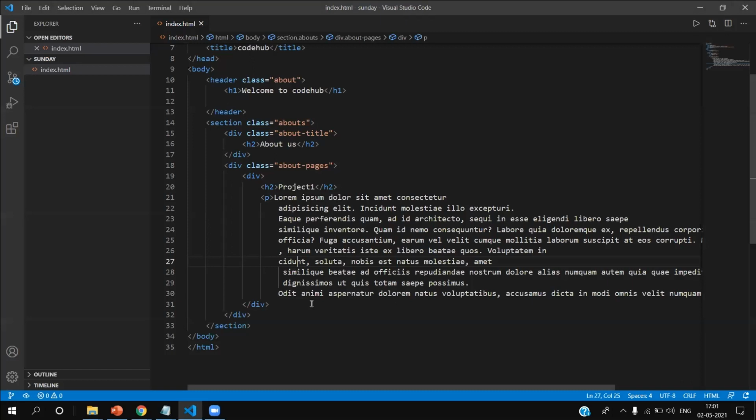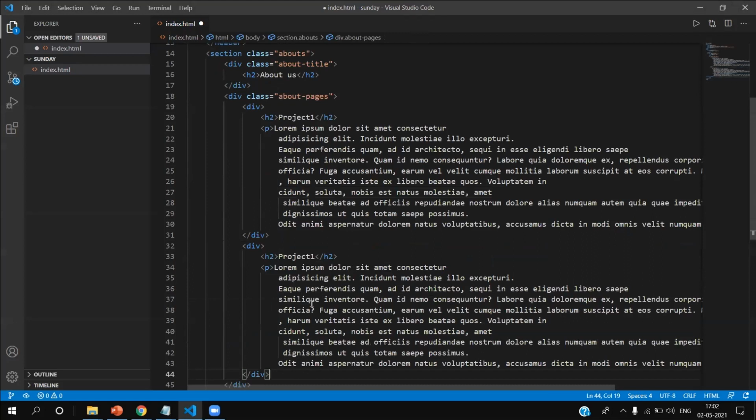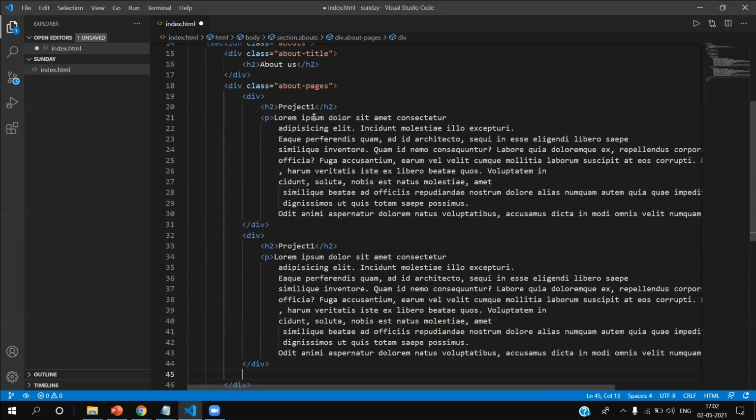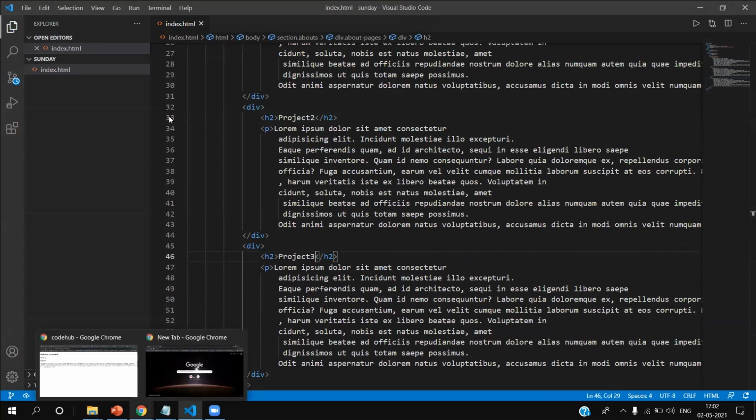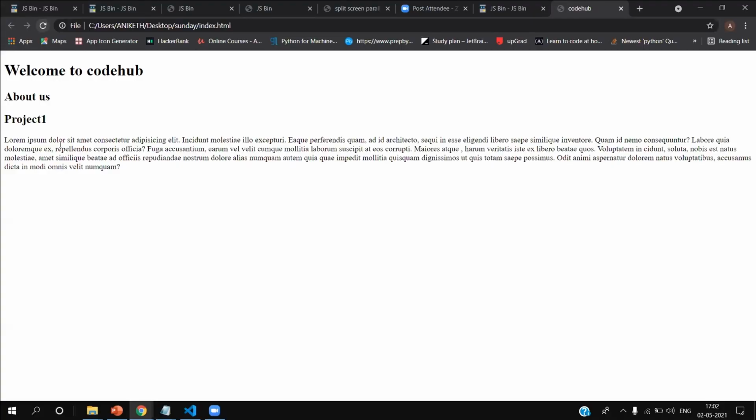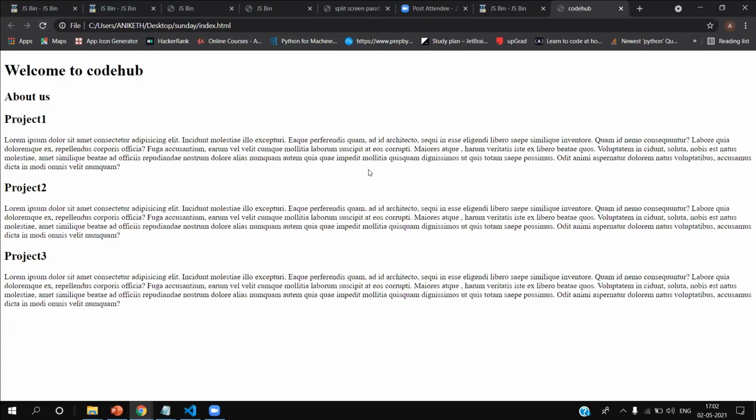Copy this div. Now change it to project 2. Change this to project 3. I've saved it, and now if you check, there are 3 sections which have been created.